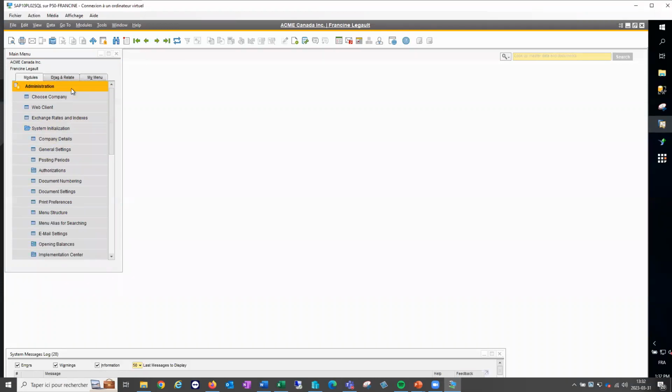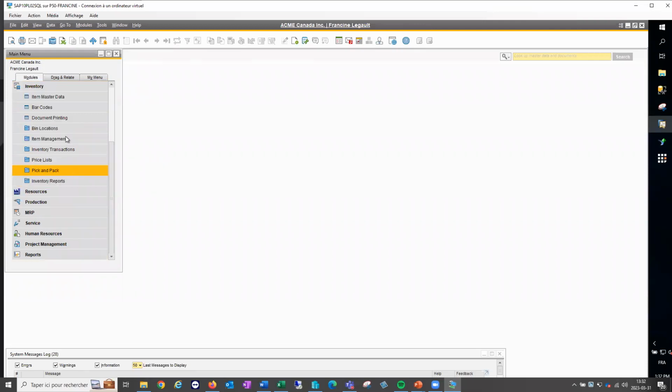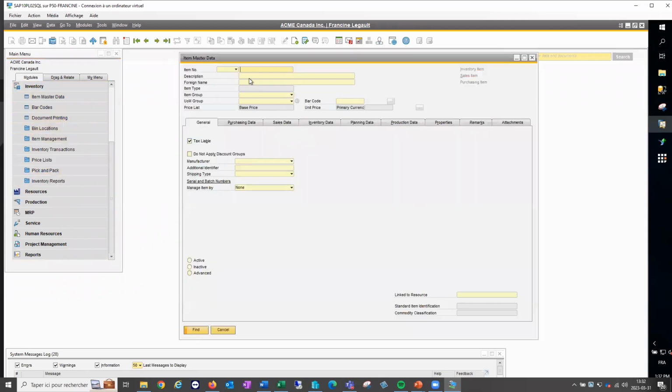Okay, so first of all, when you're creating a new item master data, let's get the one that I prepared for today's presentation. Every time you create a new item in the system, the units of measure group is set to manual. Although manual is very useful because you can put anything that you want, it is not recommended.